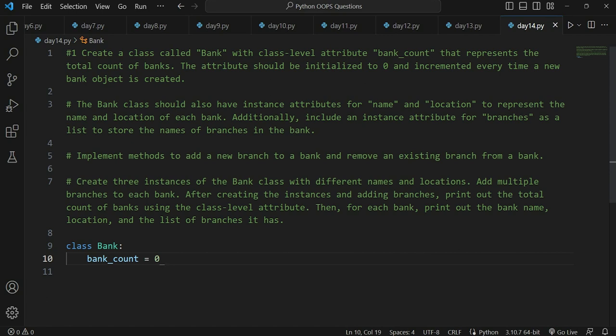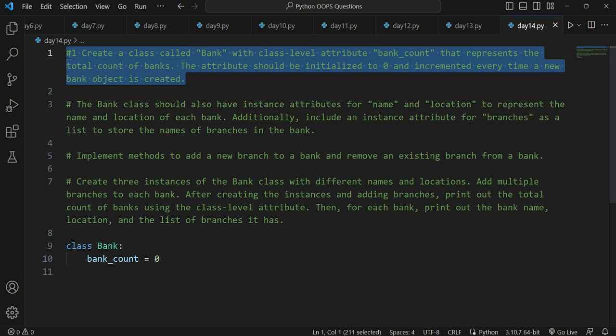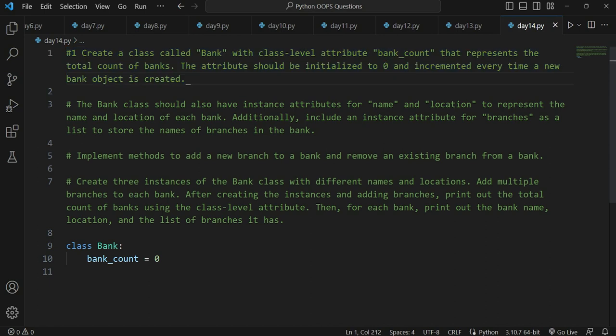However, let's see what is trickier here, and what makes it different from the questions we have done on day 12 and 13. The logic remains the same till statement number 1: the attribute should be initialized to 0 and incremented every time a new bank is created.